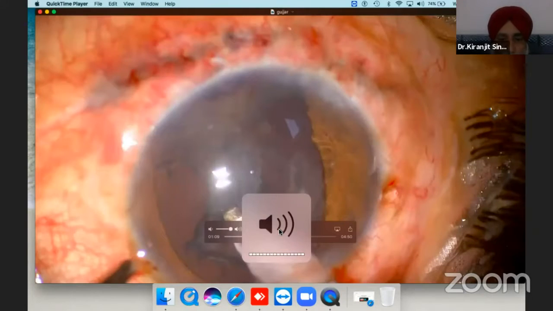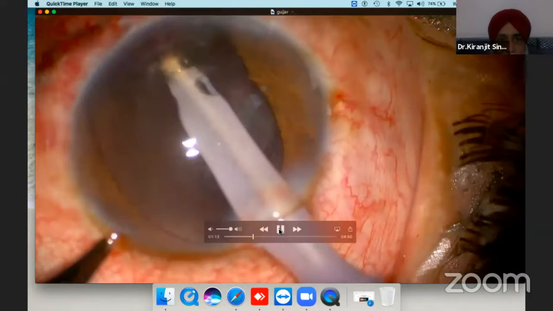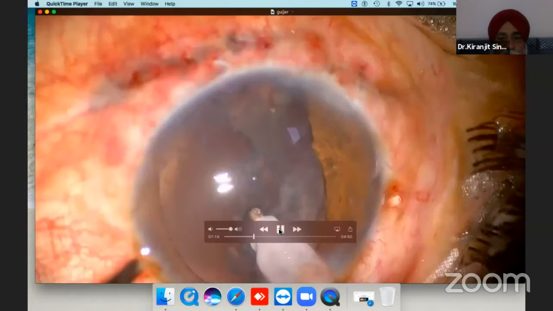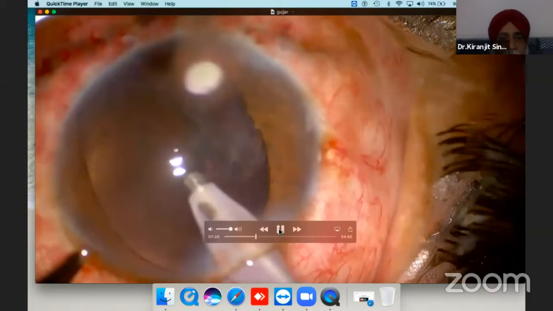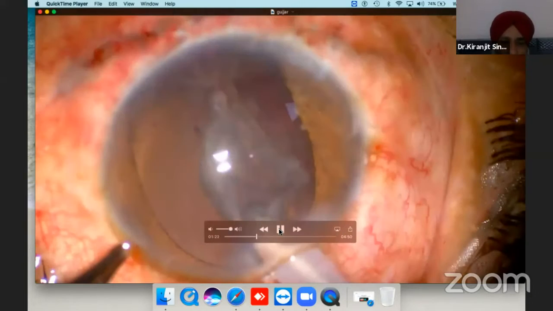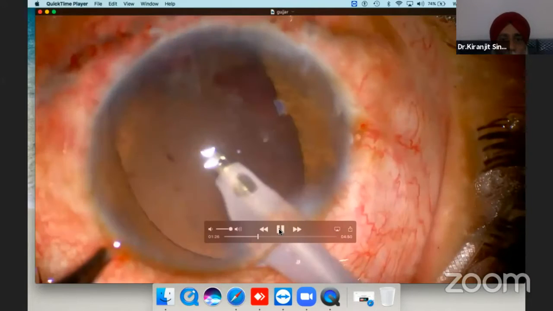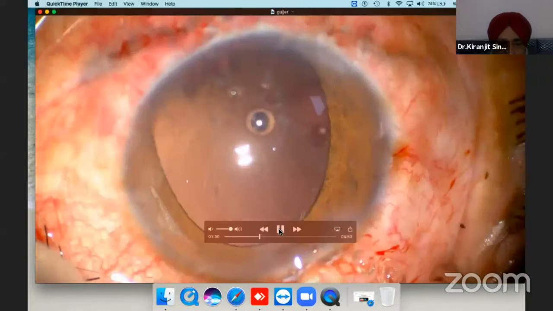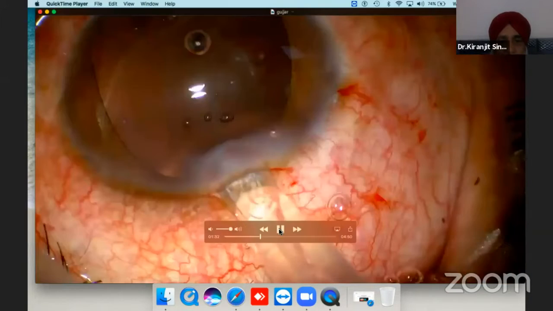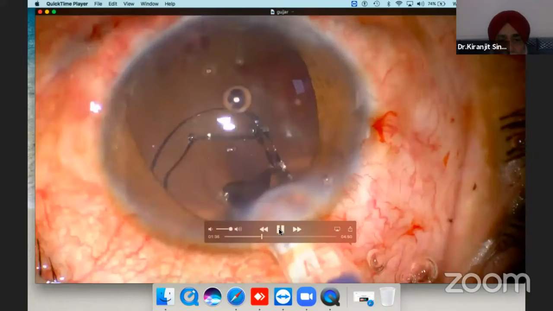So this is a patient with a roadside accident, and he had a very long corneoscleral tear, which was sutured 3 months back. Now the patient comes with cataract and vitreous hemorrhage, and he has a lot of photophobia, so he cannot open the eye in sunlight. The cataract was soft, so it has been taken out with an irrigation aspiration probe. The lens is being implanted in the capsular bag.